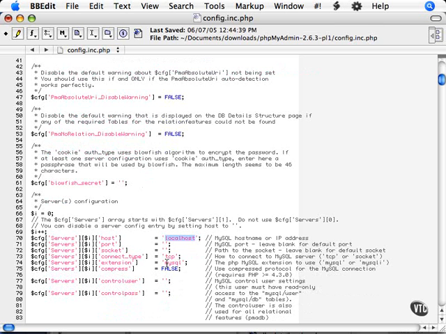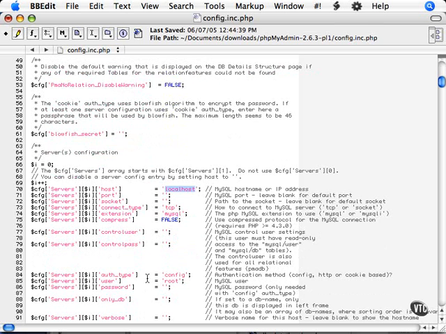Now a little bit further down here, we have our authentication type. What I want you to use is the HTTP method. This is the most secure method for you to use right now. It will require you to enter in the user and pass name of your MySQL database user. If you're really paranoid, as I am, you may want to use this in combination with running MySQL on a